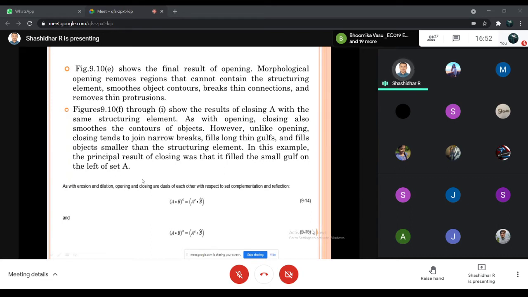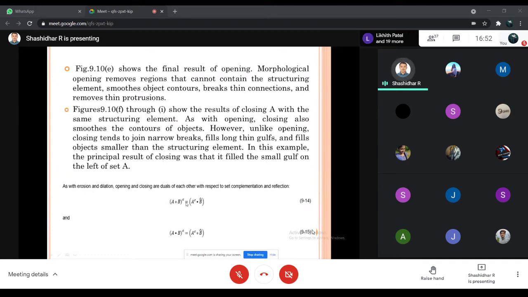Next, as with erosion and dilation, opening and closing are duals of each other with respect to set complementation and reflection. B cap means the reflection, not the complement.